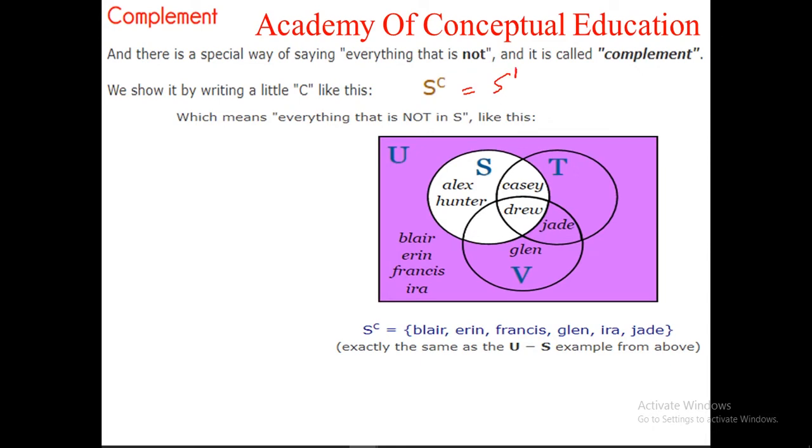Now here you can see S complement means, let me write it here, S complement means U minus S. Here also you can see the explanation that S complement means you have to subtract the circle S from the rectangle U, the elements of rectangle U. When I say the circle S, it means the set S, and set S means the elements of set S.